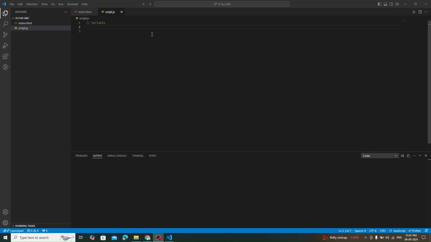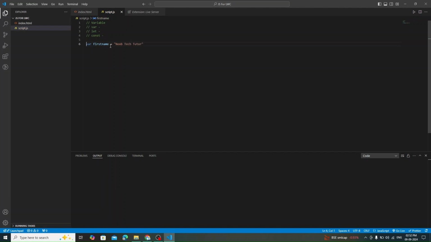In JavaScript, we have three ways to define a variable, that are var, let and const. Firstly, we'll see how a variable is defined, how the value is assigned to it, and then we'll see the difference between var, let and const parallelly. So when we define a variable with var, we add this var keyword first and then give a name to the variable. Let's say we want to assign first name as a value, that is noob